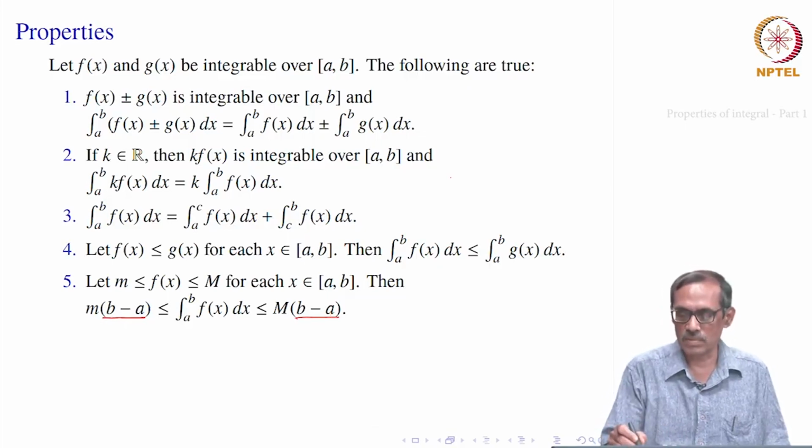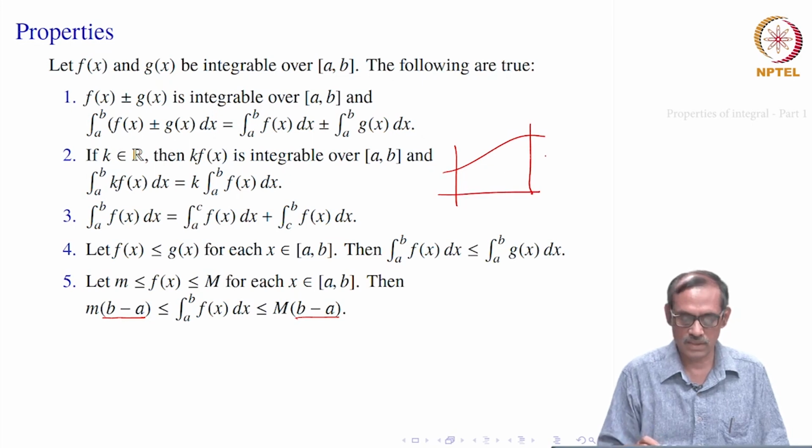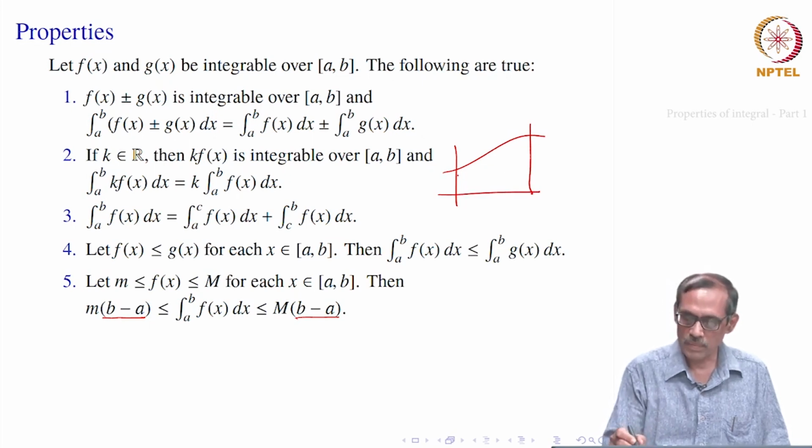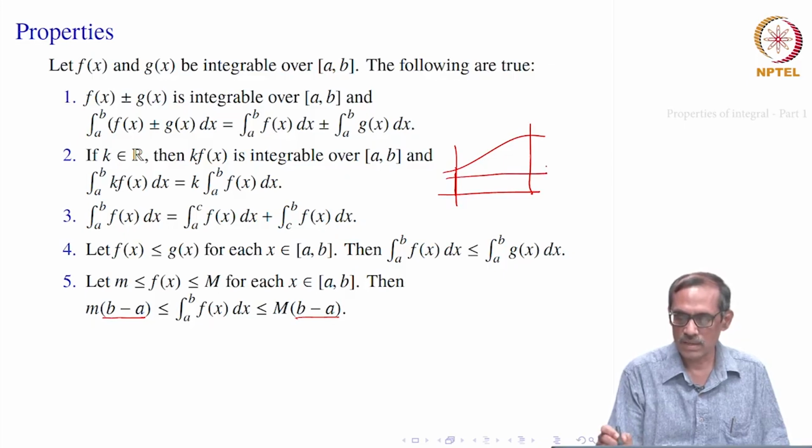So, the region is very clear geometrically. You have some function and you have this area, that is the integral over [a, b] of f(x). Now, if you take m as anything which is smaller than the minimum, or smaller than every f(x), say this one, this is your m times (b minus a), and if you take capital M as any upper bound of f(x), something like this is your capital M. Then you see that rectangle is M times (b minus a). So, the area lies between these two rectangles, that is what it says.